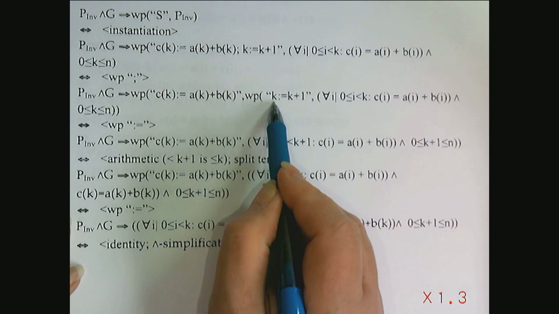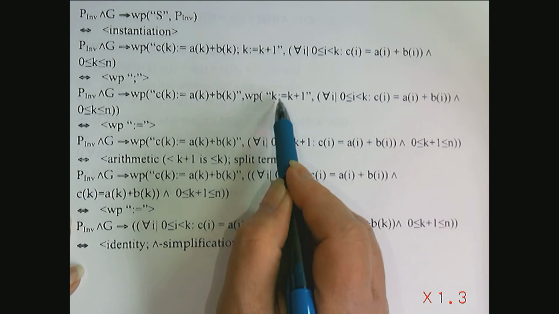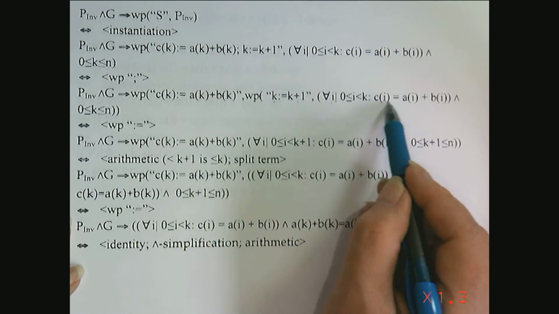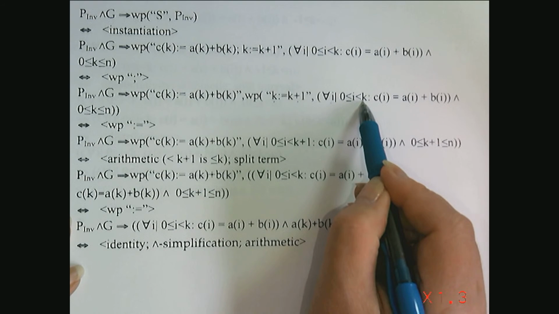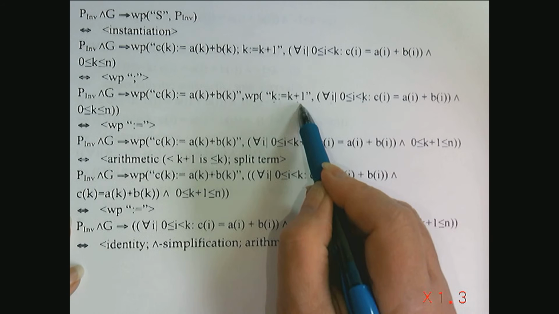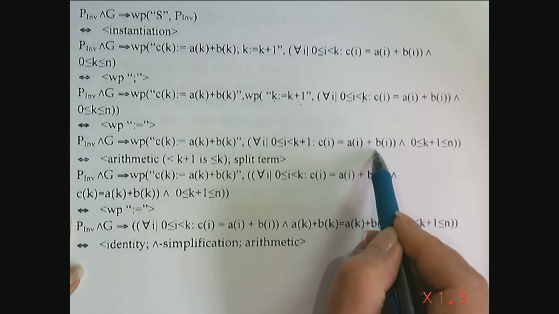But that second command is an assignment where k becomes k plus 1. So everywhere in the invariant we find a k, we do a textual substitution of k plus 1. And that leads us to